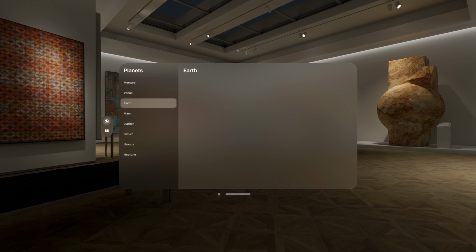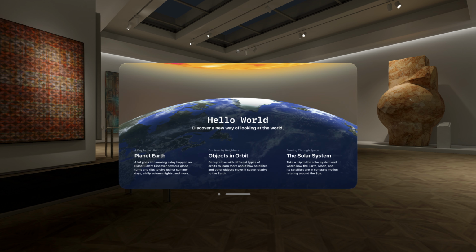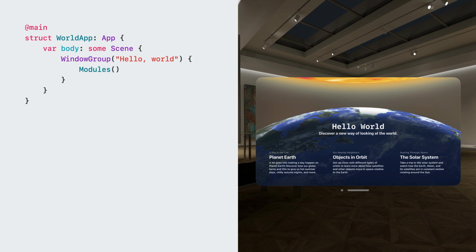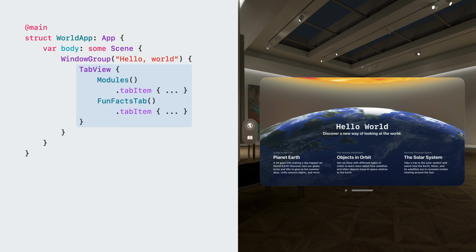Lists are another powerful tool for organizing information, with a beautiful new style that fits right in. And of course, I can add interactivity to my app using built-in controls like buttons, toggles, and pickers. Now, I think this library view would be a great use of a tab view, which is perfect for making the top-level entry points to my app accessible at all times, so deeper knowledge is always just a tap away. To do that, I'll wrap my contents in a tab view and provide a tab item with a label for each tab. Looks great.